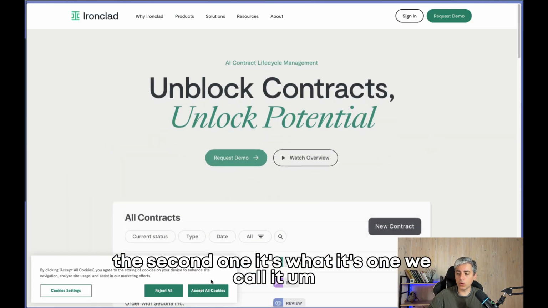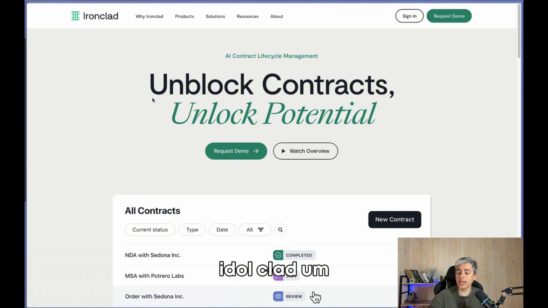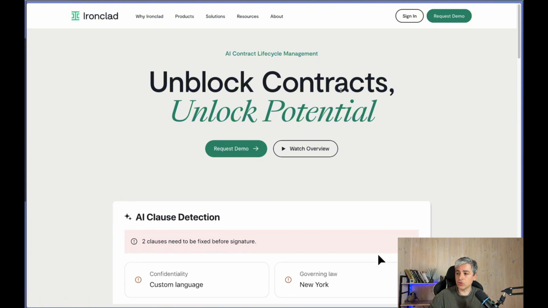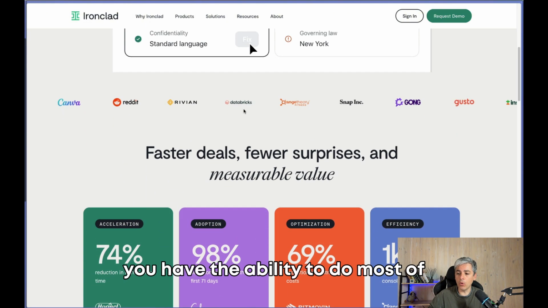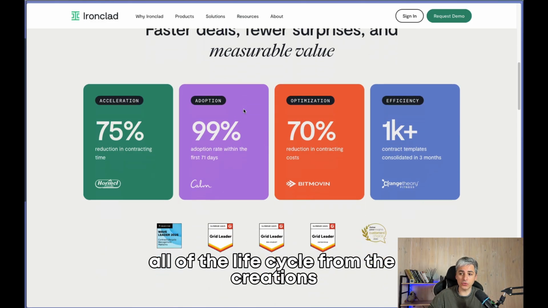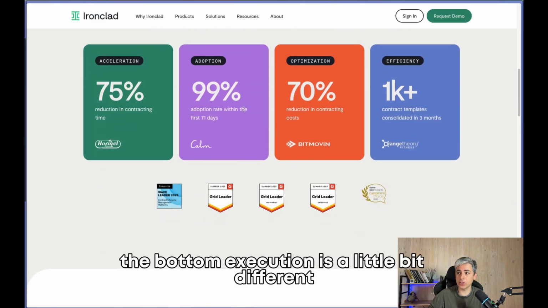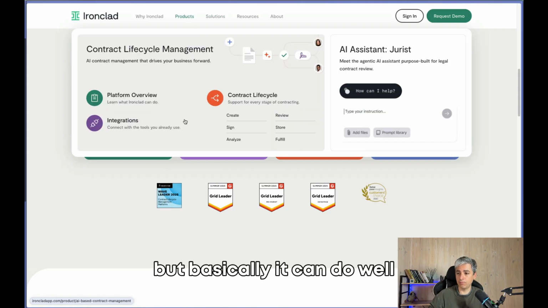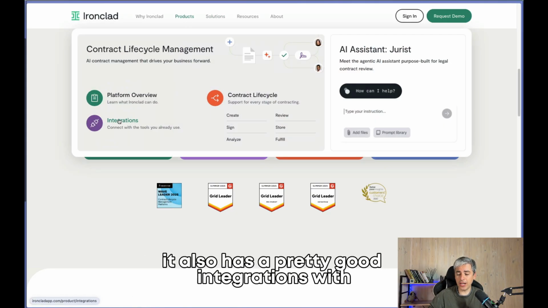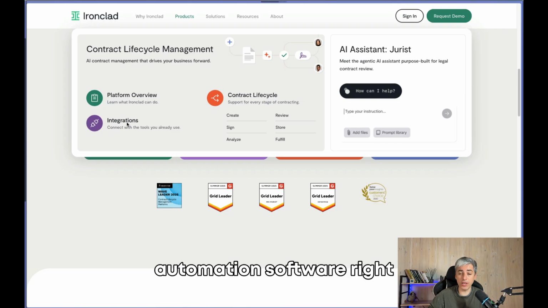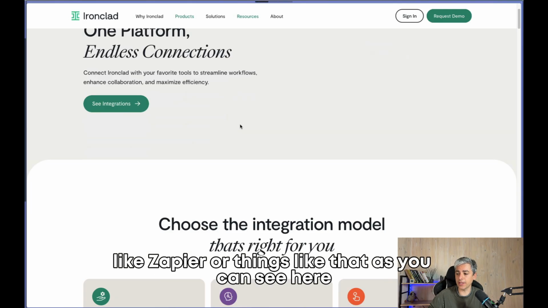The second one is Ironclad. It's pretty good at unblocking contracts. You have the ability to do most of the lifecycle: creation, review, signing, and storage. The post-execution is a little bit different, but basically it can do it well. It also has pretty good integrations with automation software like Zapier, as you can see here.